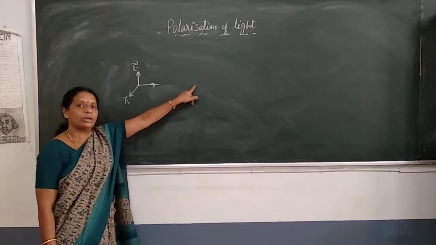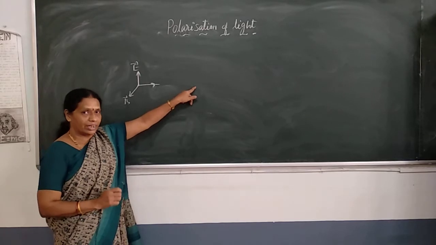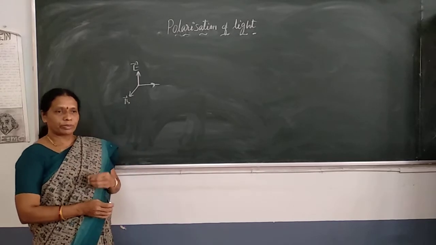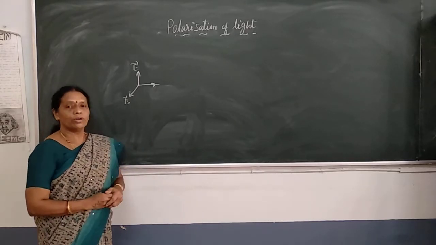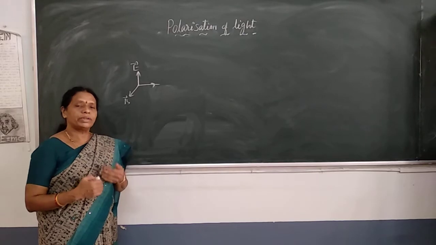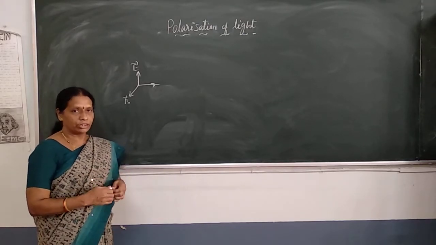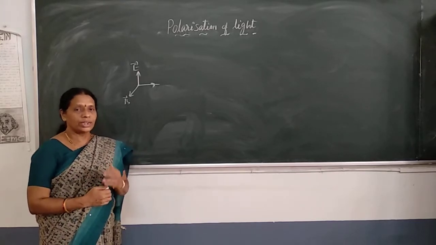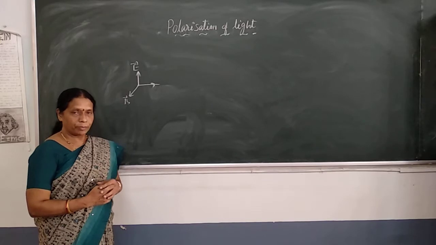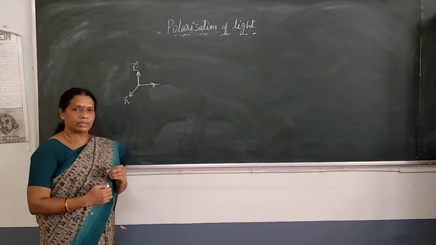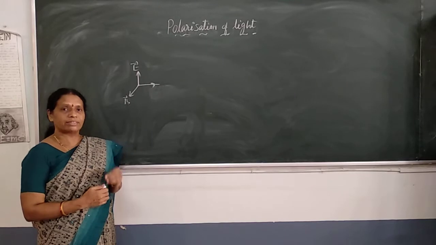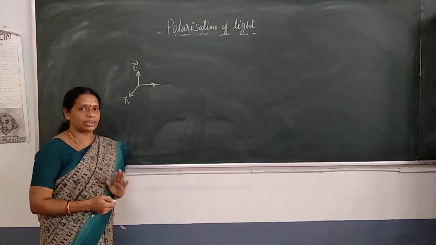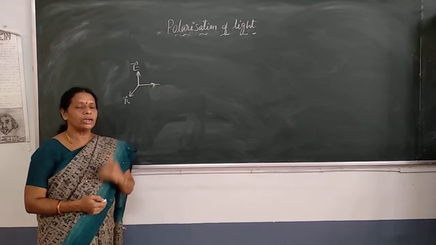So, light is also transverse. Light is transverse in nature. This theory of light as an electromagnetic wave was proposed by Maxwell. Now, all the optical properties of light are mainly due to the electric vector. That means the electric vector is responsible for the optical properties of light. Therefore, the electric vector is also called the light vector. Thus, the optical properties are explained by considering only the electric vector, which is responsible for all the optical properties